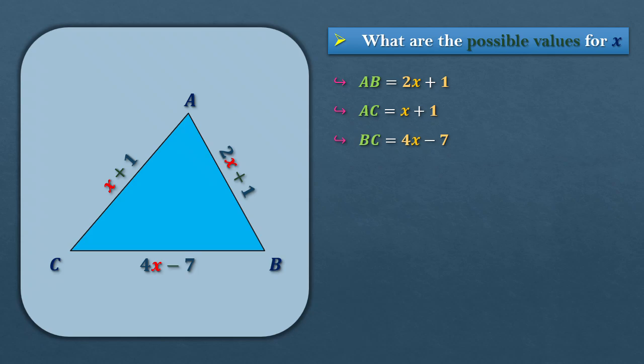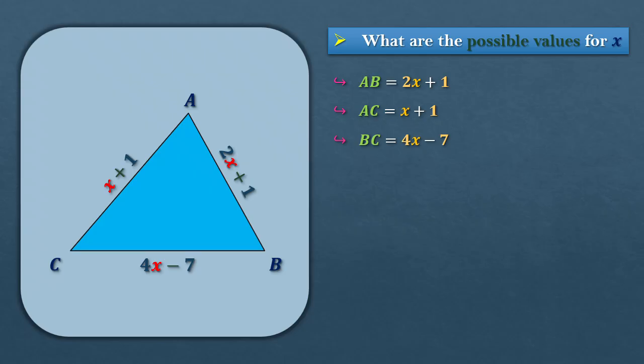What if the existence of a triangle depended on a single variable? In this video, we uncover how algebra decides whether a geometric figure can even exist. We consider a triangle ABC, where the length of side AB is equal to 2x + 1, the length of side AC is equal to x + 1, and the length of side BC is equal to 4x - 7. Our goal is to determine the possible values of the variable x for which triangle ABC